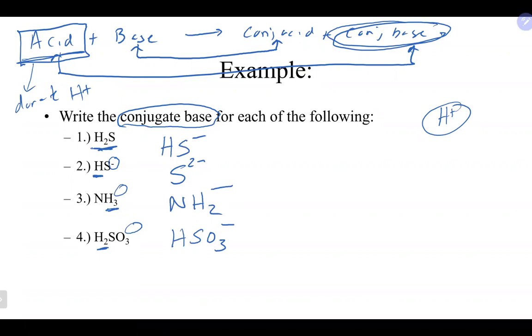Exactly. So if you were looking for the conjugate acid in these cases, that would mean that what you were starting with was a base. And as you said, basically that means we're just going to add an H plus to each of them. So why don't we look at one? Let's say we had